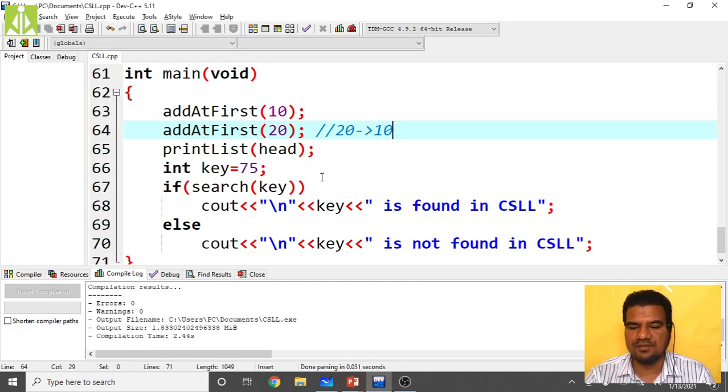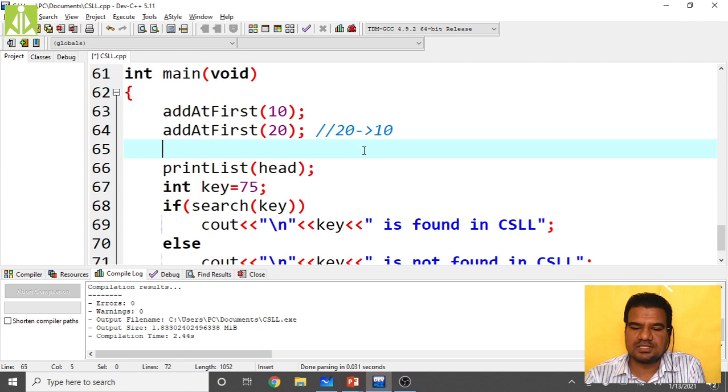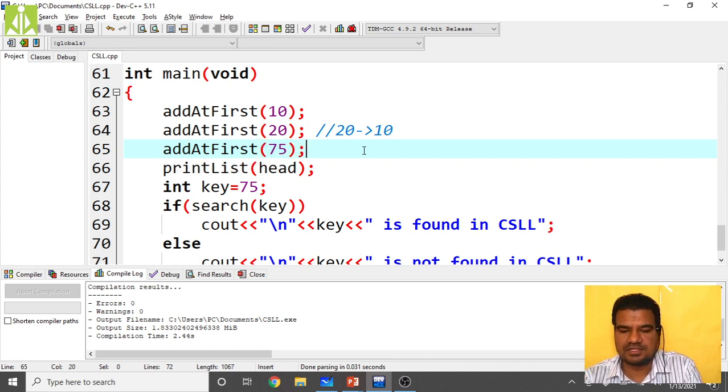Now you add 75. I'm adding add at first of 75, then save this. What should we get now?